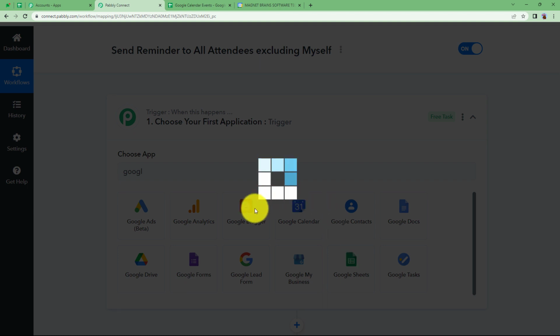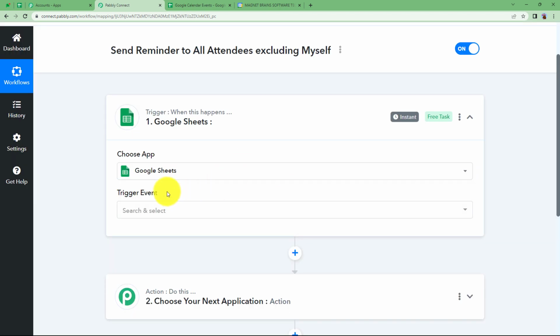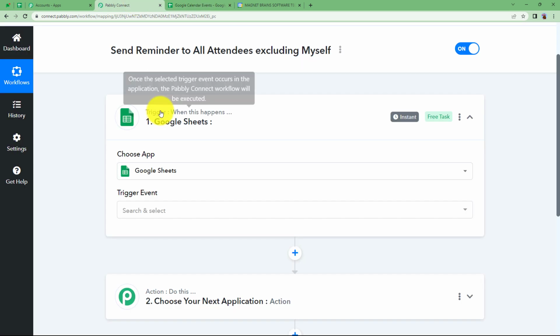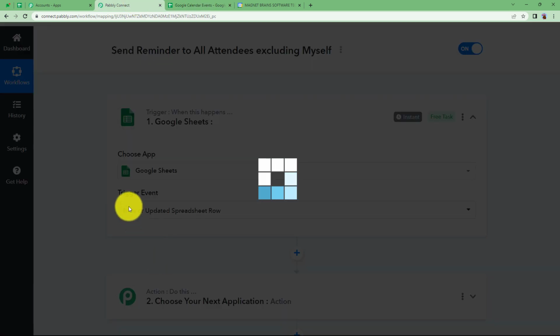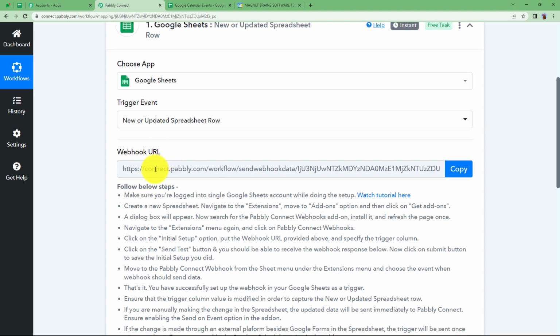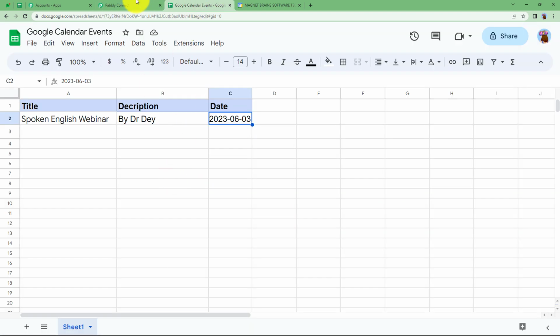So in order to send a reminder to all the attendees, you are going to enter this event in your Google Sheet like this. And as soon as you enter this event, this workflow will trigger because the trigger event is new or updated spreadsheet row. So first of all, we need to get the information about the event from this Google Sheet